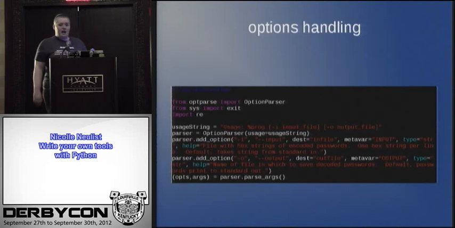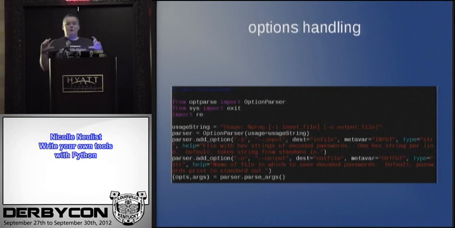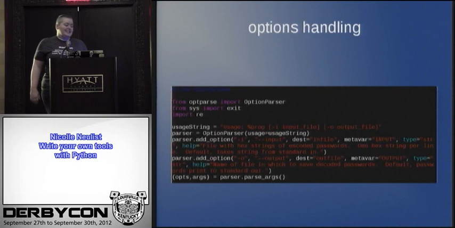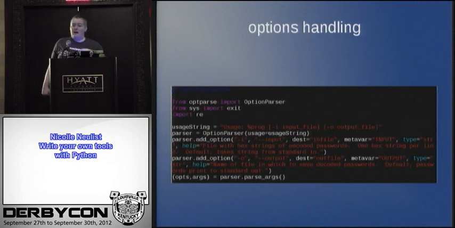So you define -i, which is the short, --input, which is the long. Means the same thing though, it's just the switch. Dest is the variable it puts it into, so it puts the input file in input file. Because basically the way this works is you can define a file with a list of these hex dumps, and then it will put out either in an output file if you define it, or just to the screen if you don't do an output file. It'll give you the cracked passwords without you having to go through all that XORing yourself.